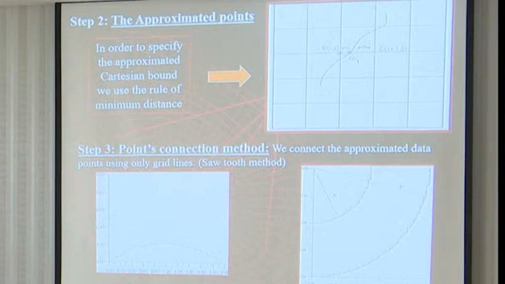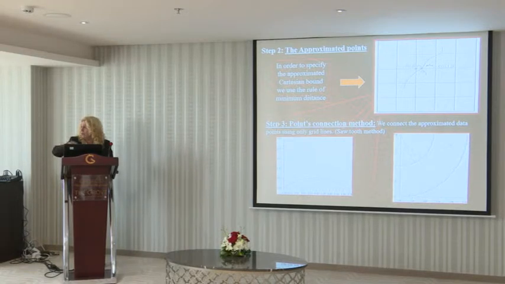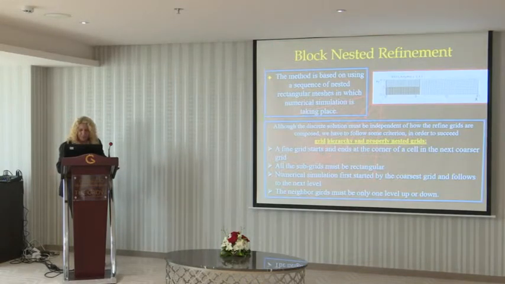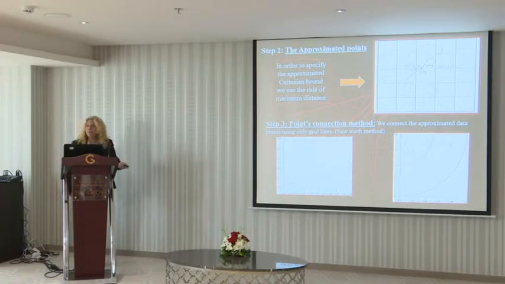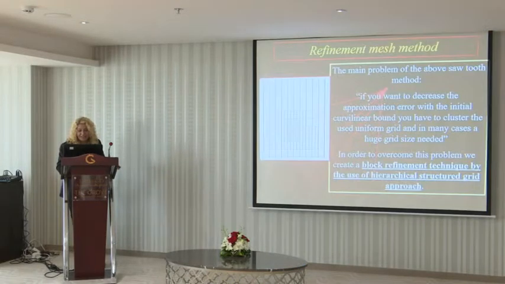There are two ways to connect them: the sawtooth method and the diagonal method. The sawtooth method is like a scale, so you create your geometry like a scale. In the diagonal method, you use the diagonal line of the cells that you have. In this method we have used the sawtooth method, as you can see. Why? Because it produces better accuracy, it is easier to apply the boundary conditions, and the mass is conserved, which is something important for us in numerical analysis.